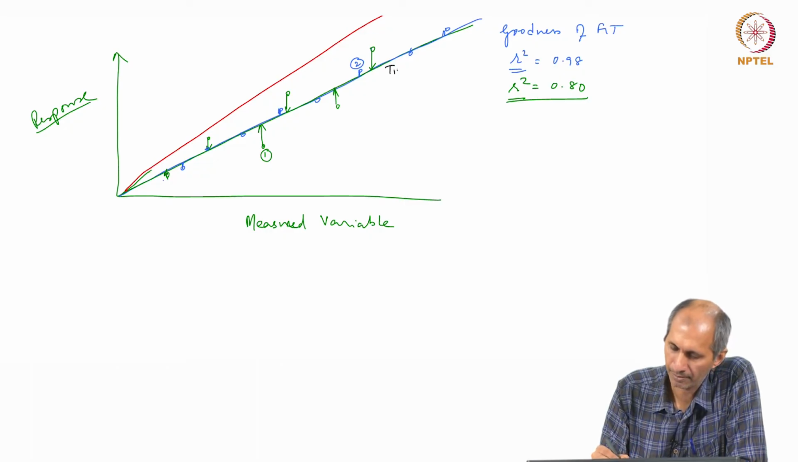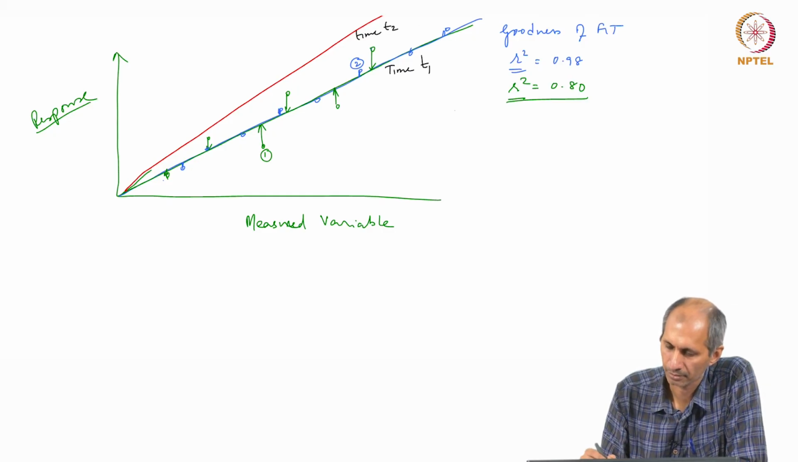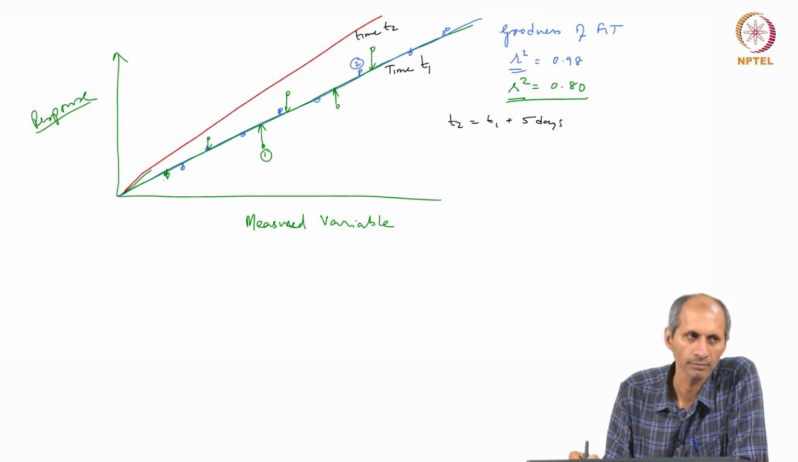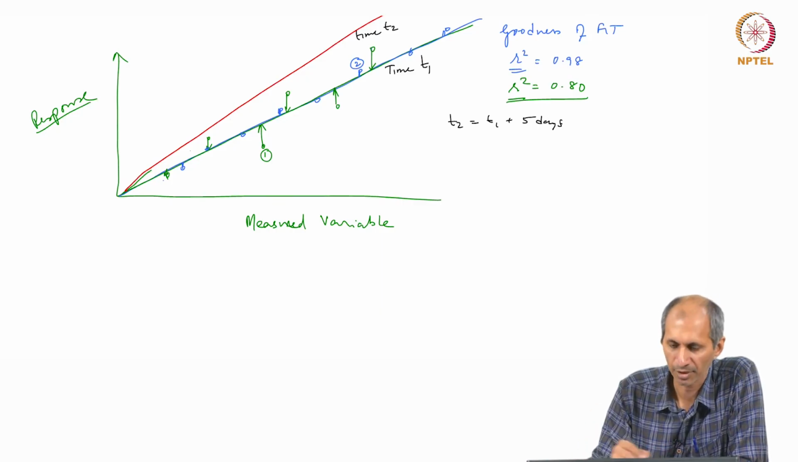This is time T1, I have done a calibration today. This is at time T2, where T2 is T1 plus say 5 days, after a week or 10 days, this is the calibration I am getting. So, there is a big difference